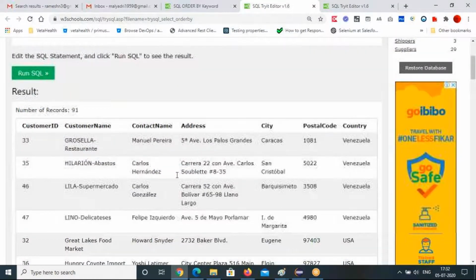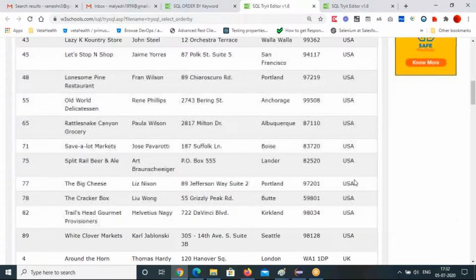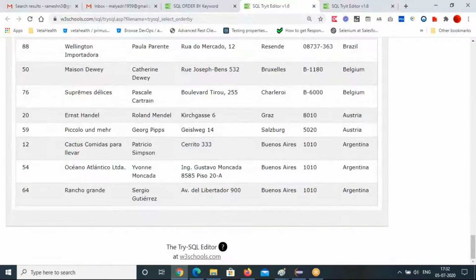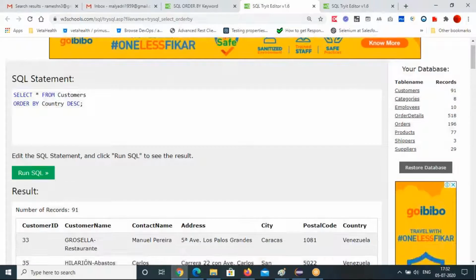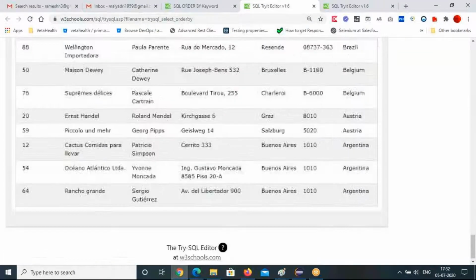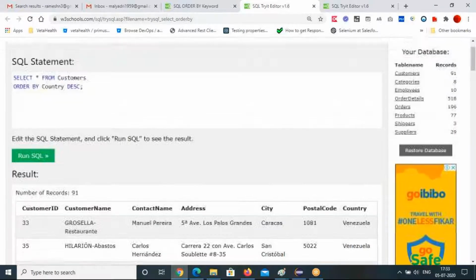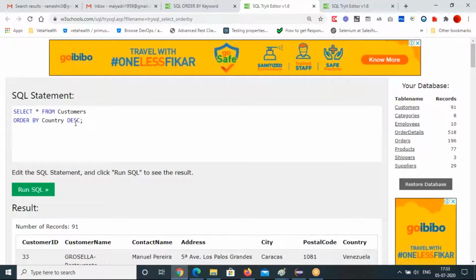See, first Venezuela, USA, UK, descending order. Yeah, it is good. V to A, you are getting. That's the descending order. See, when I didn't use DESC, it was listing in ascending order.